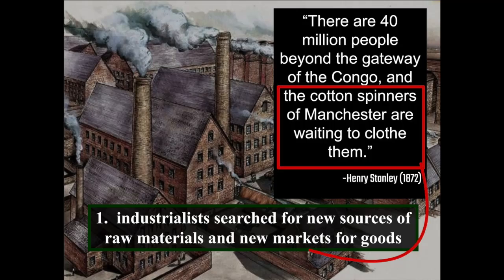The main cash crop that's desired for Britain in particular is going to be cotton. So they're going to try to raise as much cotton as they can, because cotton as a raw material can then be imported to Europe and then spun into manufactured goods. So talking about the colonies that they established in the Congo, which is in Africa, these people in the Congo are going to represent captive markets, meaning that the British cotton spinners create clothing, and then they're going to sell that clothing for a profit to the people in the colonies. And again, under mercantilism, they're going to have to buy from those mother countries.